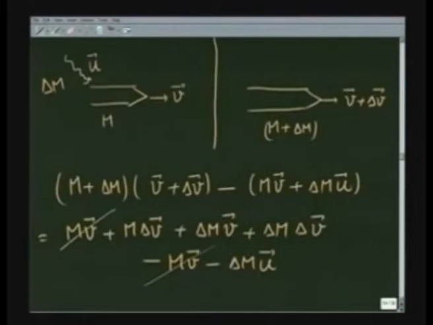The m v cancels. I combine the remaining terms so that the net momentum change is delta m (v minus u) plus m delta v plus delta m delta v, and this must be equal to, this is a vector,